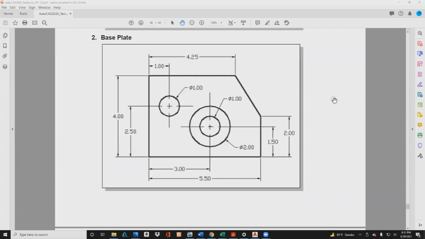In this lesson, I'm going to be completing the base plate in AutoCAD. So first thing I want to do is take a look at this object and see what's available. The first thing that I see is that this is essentially a rectangle with circles, and two of these are concentric circles. So what I'm going to do then is go ahead and start on this, make this 0,